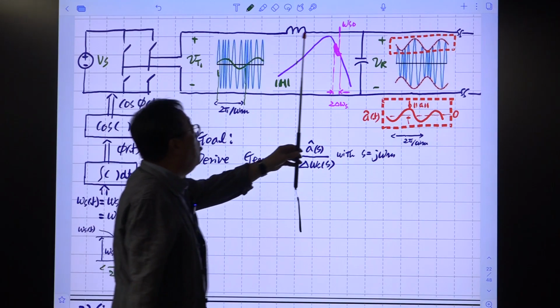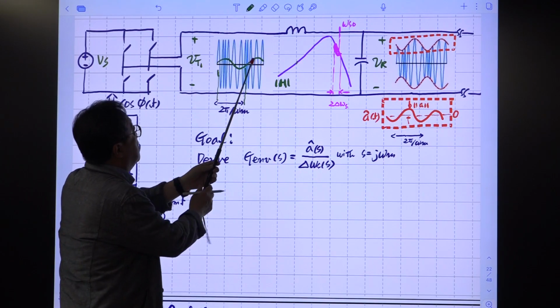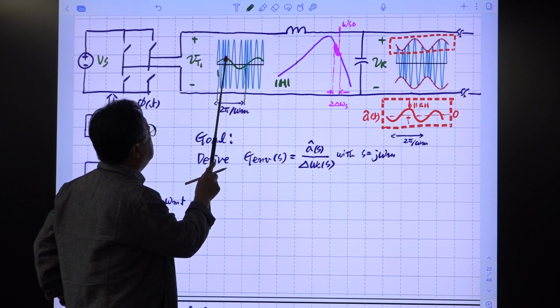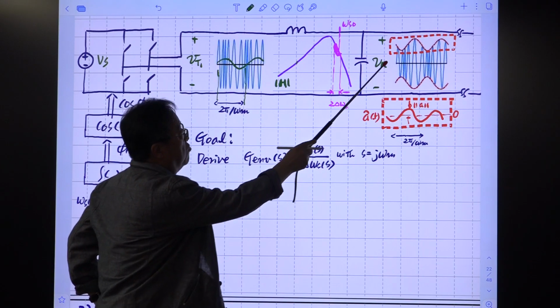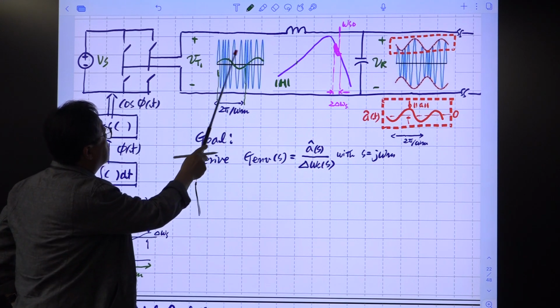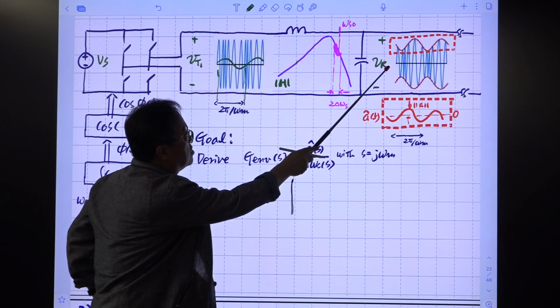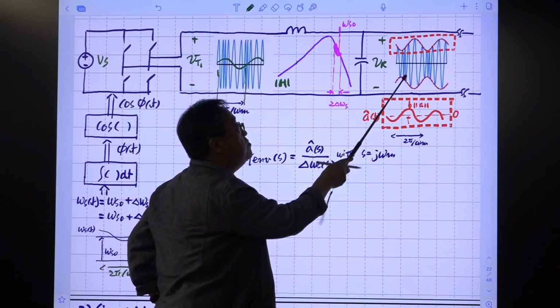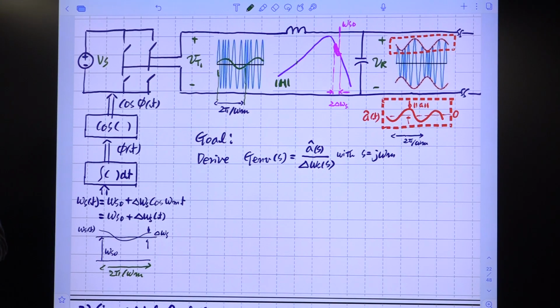So at this omega_s0, this is the average value of this switching frequency. And when the switching frequency increases here, then the gain will be decreased. So this magnitude will be reduced. Okay. So in this part, this frequency becomes small here, then the gain will be large. So you have this kind of waveform. Okay. This is called a sinusoid, and its frequency is modulated by this modulating signal, cosine omega_m t.